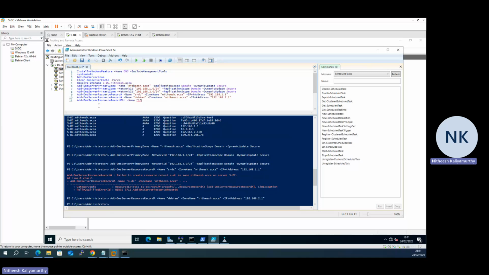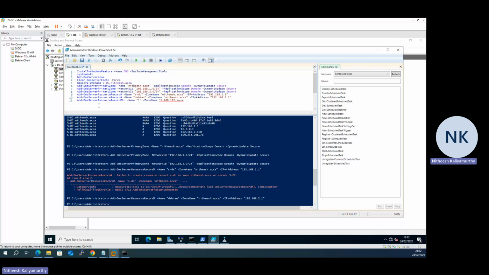So let's say 1 is for the server. So name is 1 dot, it is a PTR record for a reverse lookup, so we are giving it in a reverse way. 192 dot in dot addr dot ra, sorry,